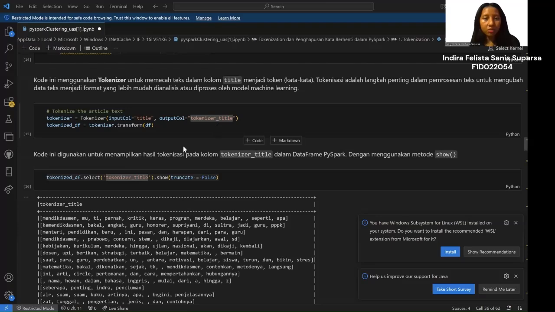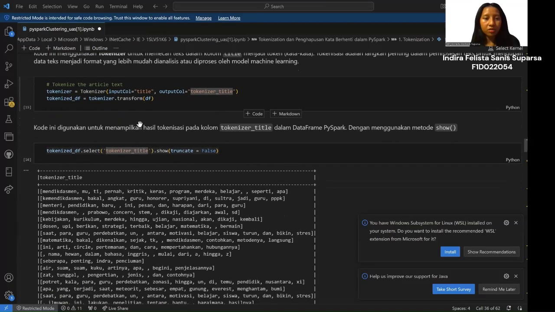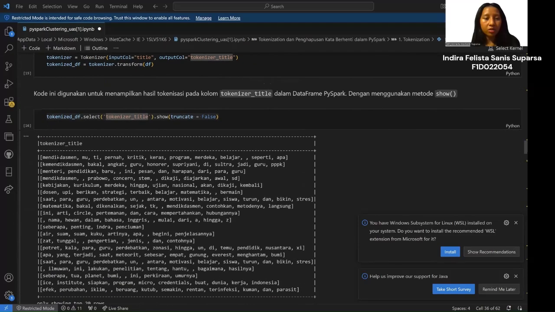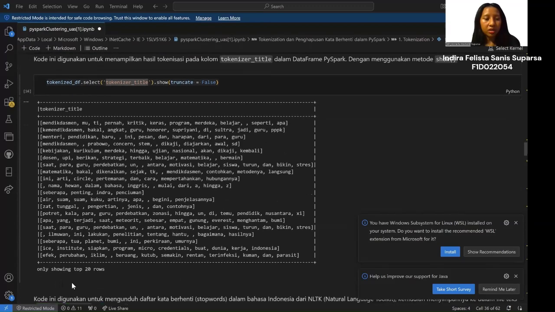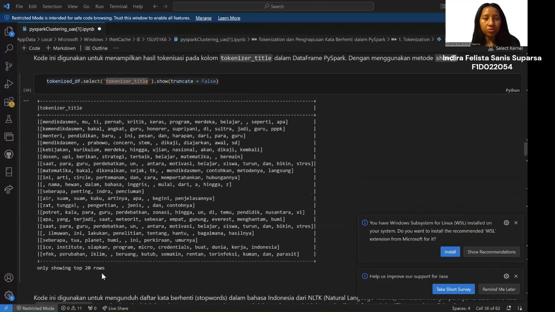The output of the tokenizer process is saved in a new column named tokenizer title, as an array list, showing only the top 20 rows.